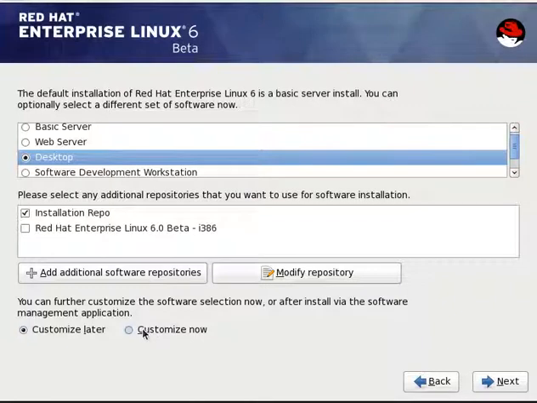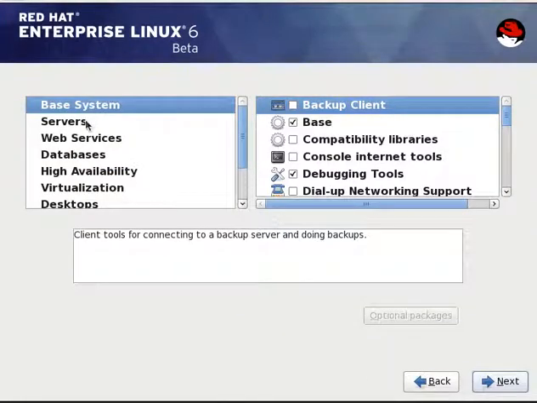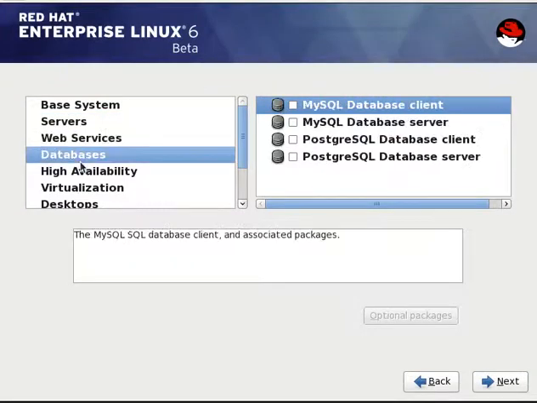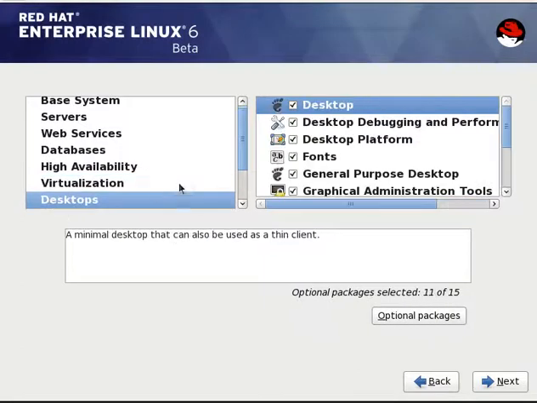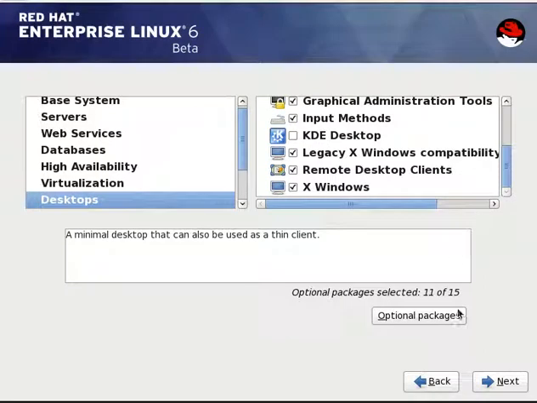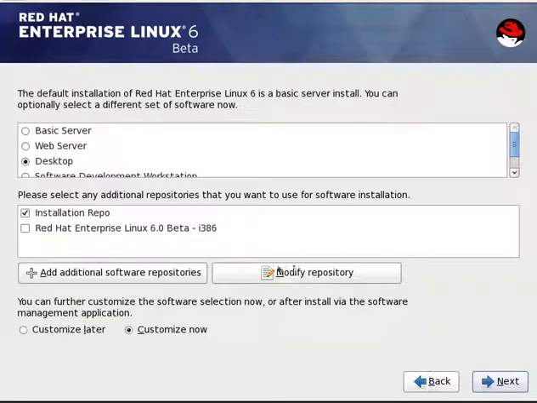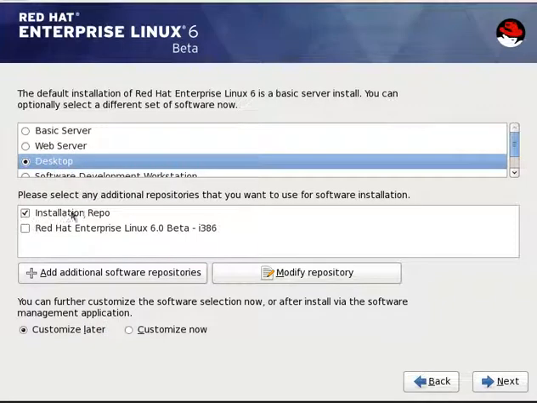If I say customize and next, from here you can select the applications or servers, database, virtualization, high availability, desktop, everything. So it totally depends on your requirements. I don't want any customization now, because whenever I require, I'm going to install those packages in future. So I'll go with the desktop version, installing repo and other stuff, and customize later. That's it. Say next.